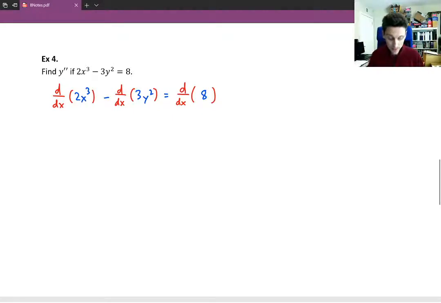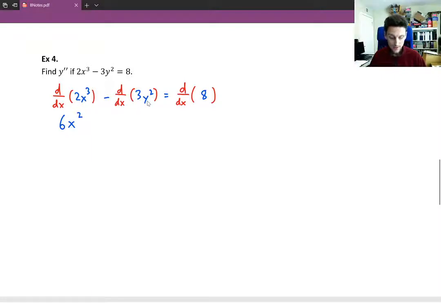So now we're going to take the derivative term by term. We have the derivative of 2x cubed with respect to x, which if you multiply the 3 in front gives you 6x squared, right? Subtract 1 from the exponent. And now when we're taking the derivative of 3y squared with respect to x, the variables are different, so we're